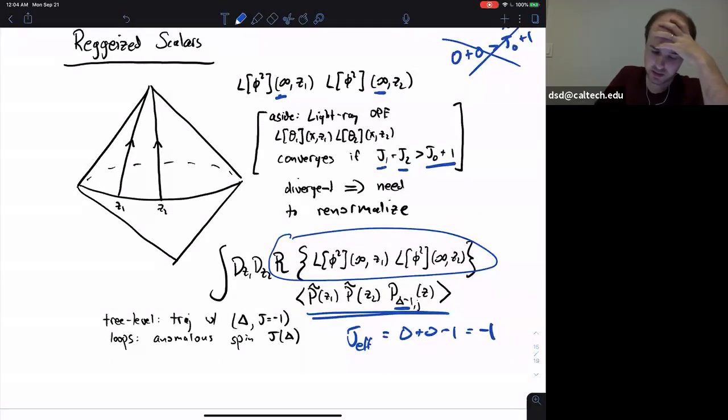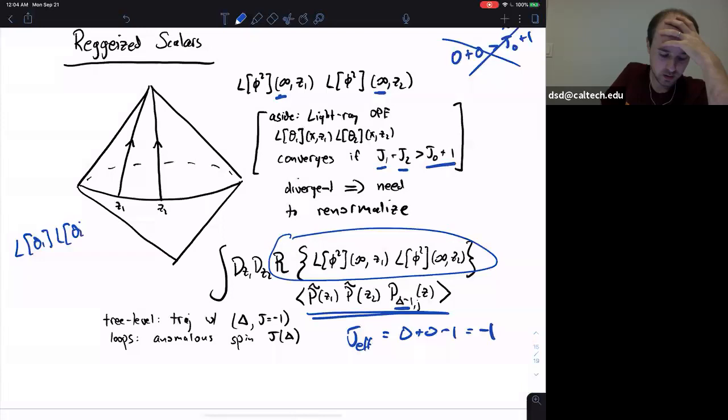So the statement is, if you take this product of light transformed operators, it depends on these two directions. So we can kind of reverse this harmonic analysis and rewrite this as an integral over delta and a sum over little j of some kind of function of delta and j times some effective operator that depends on delta and j,